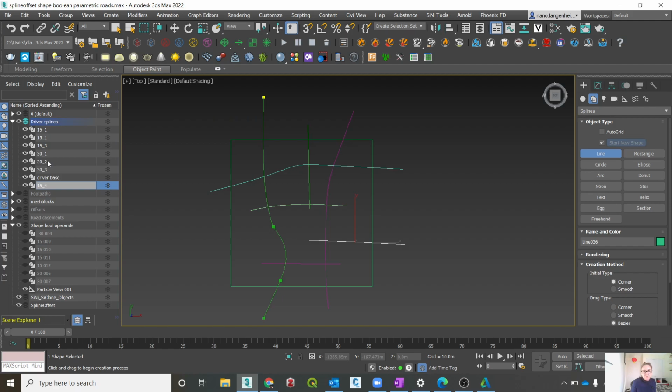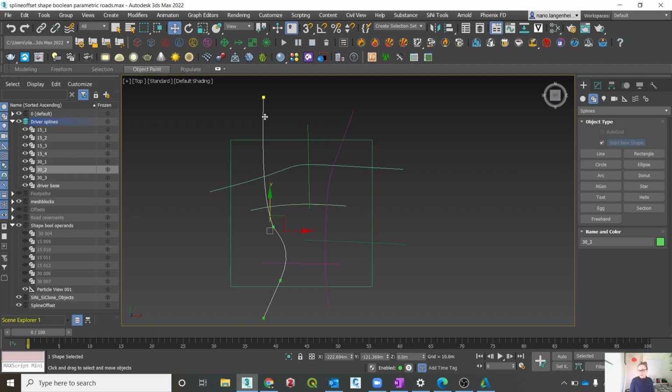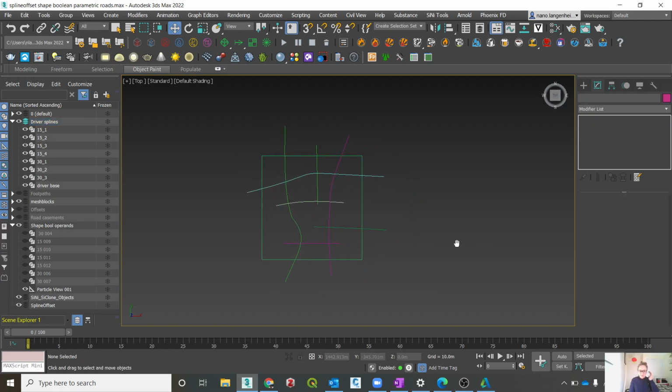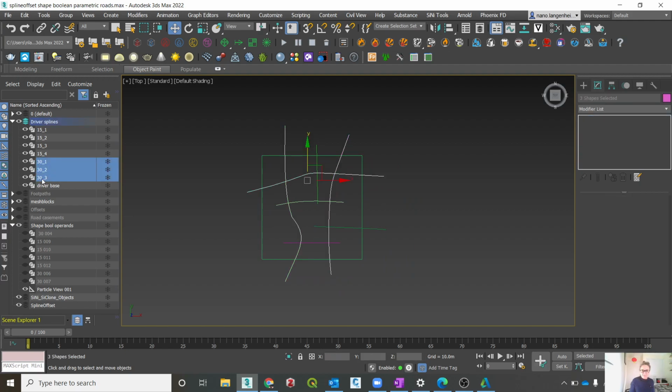So, yep, just make that 1, 2. Great. Okay, so now what we've got is our driver splines. Just escape out of there, and this is why this one's got its edits on, but we can turn that off there. And we want to take the 30-metre ones, and we're going to select them all together and right click and clone,